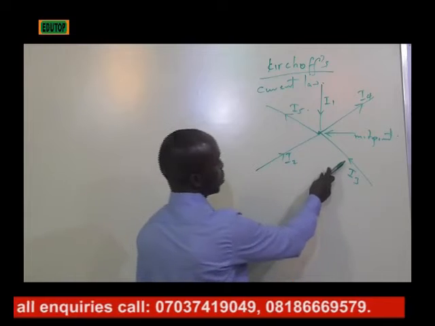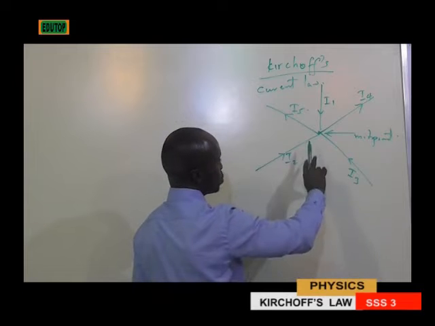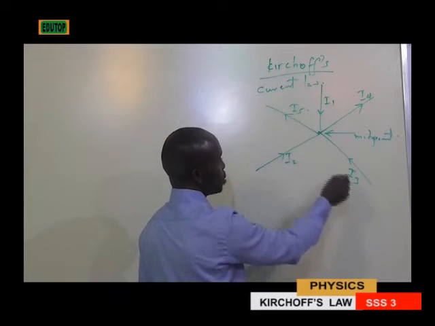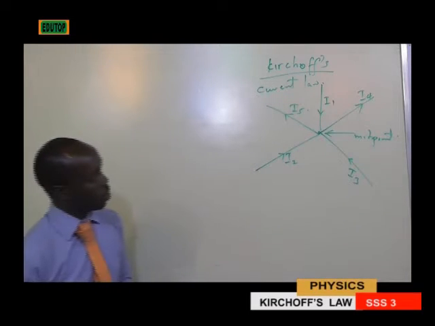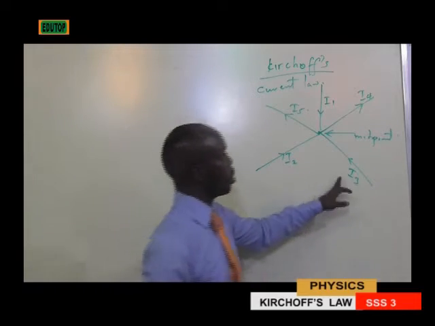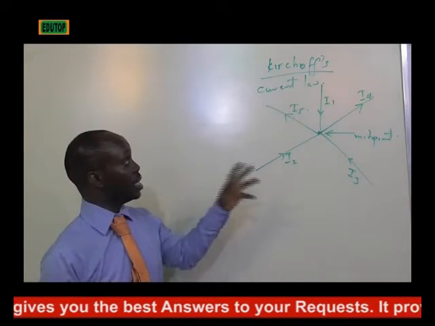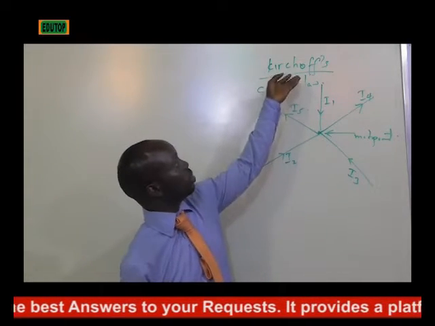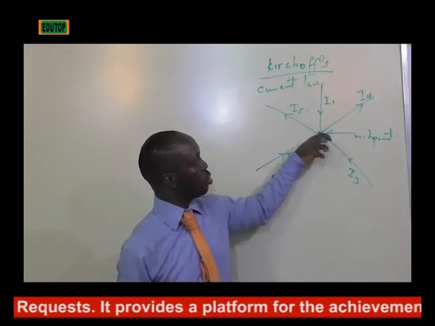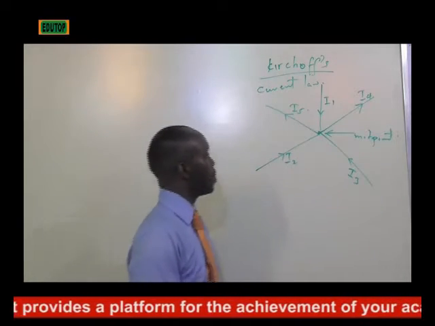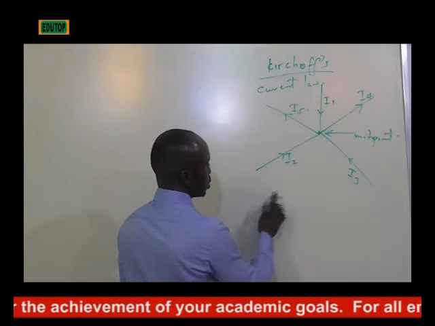Now if you look at this current, it's actually flowing into this junction. I1 is flowing in, I2 is flowing in, so we have I1, I2, I3 flowing in, whereas I5, I4 are flowing out. So the algebraic sum, you understand? The algebraic sum of the total current flowing along this particular junction is the law. You understand? It was what Sir Kirchhoff was trying to talk about, that the algebraic sum of the total current flowing into a particular point must be 0. Meaning that the total current, you just say summation